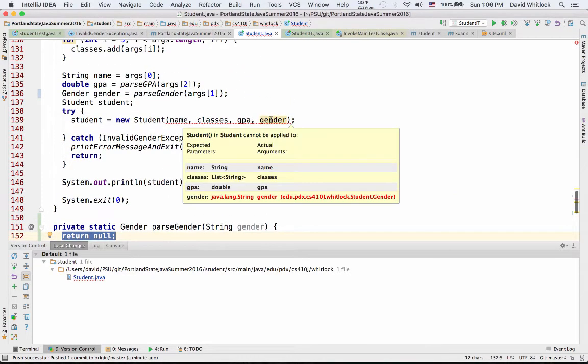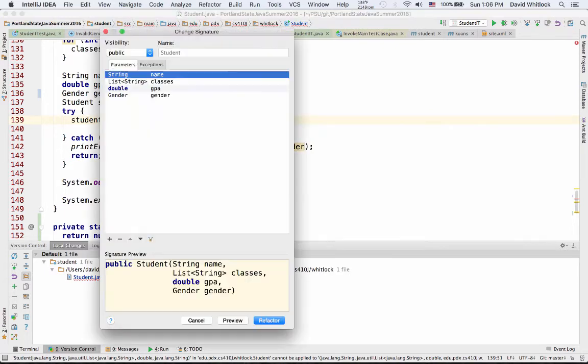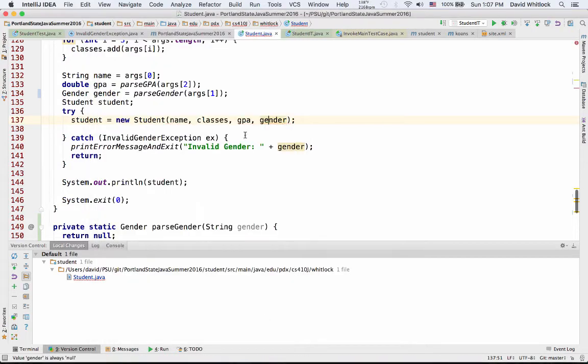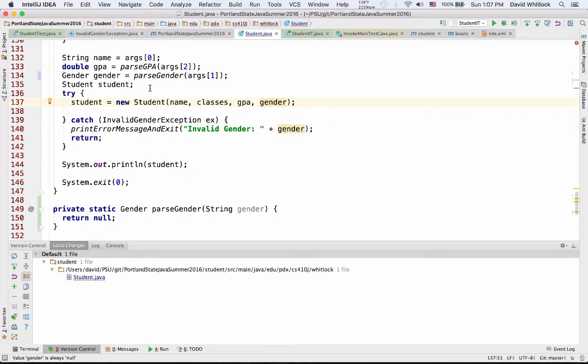And then this I want to change. So let's see here. I think I can change the fourth parameter of Student from String to Gender. Yep. All sorts of stuff will break. And now this shouldn't throw an invalid gender exception anymore. Instead,